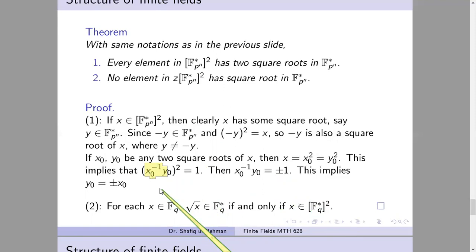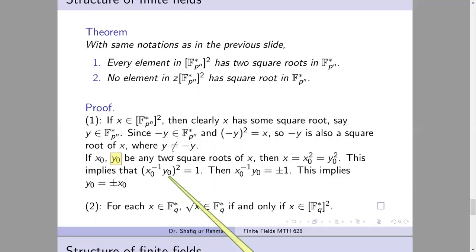इस तरह भी देख सकते हैं कि ग्रुप में वो कौन से एलिमेंट हैं जिनका स्क्वायर 1 या -1 आता है, वो ये दो एलिमेंट हैं। और ऑर्डर के तरीके से भी देख सकते हैं। So from this we conclude that y naught equals plus minus x naught. Whenever you take any two square roots, one element is equal to this element and the other value is minus x. So if y naught is different from x naught, then y naught will be minus x naught. From this we prove that each element has two square roots.